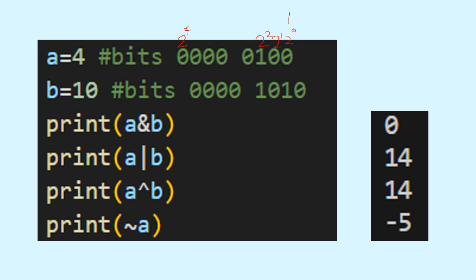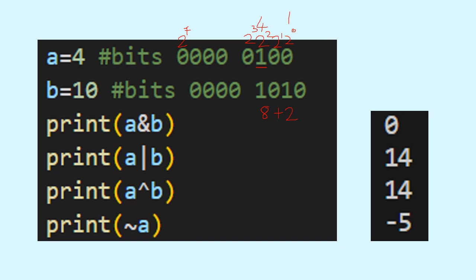Since 4 is there, we have 1 in the place of the third bit. 2 power 2 gives out 4, so we have 1 here. And the next one is 10. In this case we have 1 in the place of 2 power 3 and 1 in the place of 2 power 1. So 2 power 3 is basically 8 and 2 power 1 is 2,